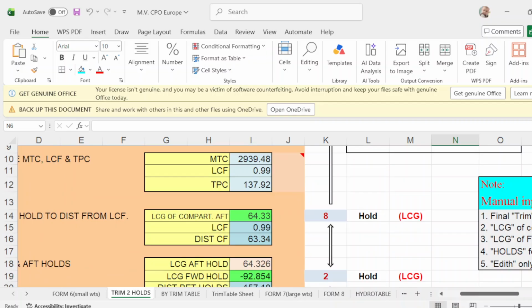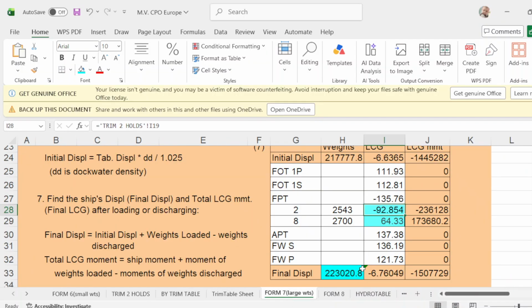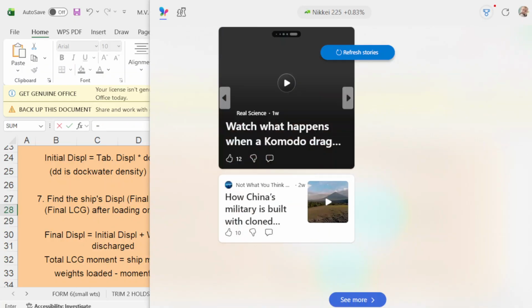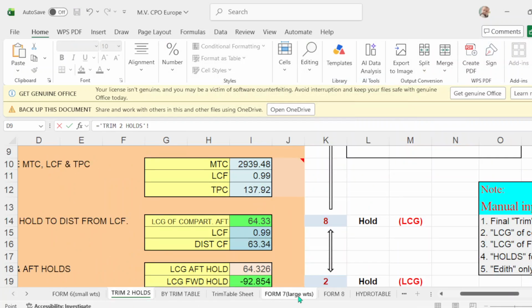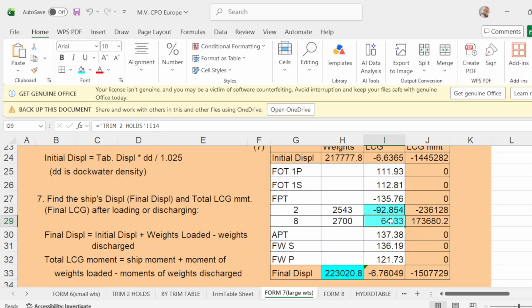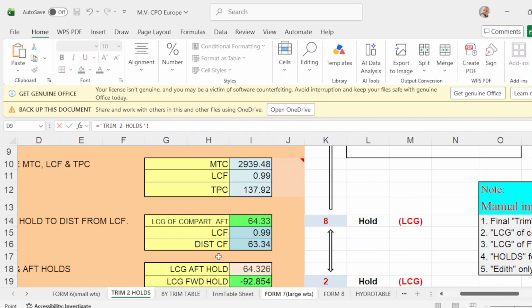LCG number 2 equals number 2 LCG there, and number 8 LCG number 8 there.